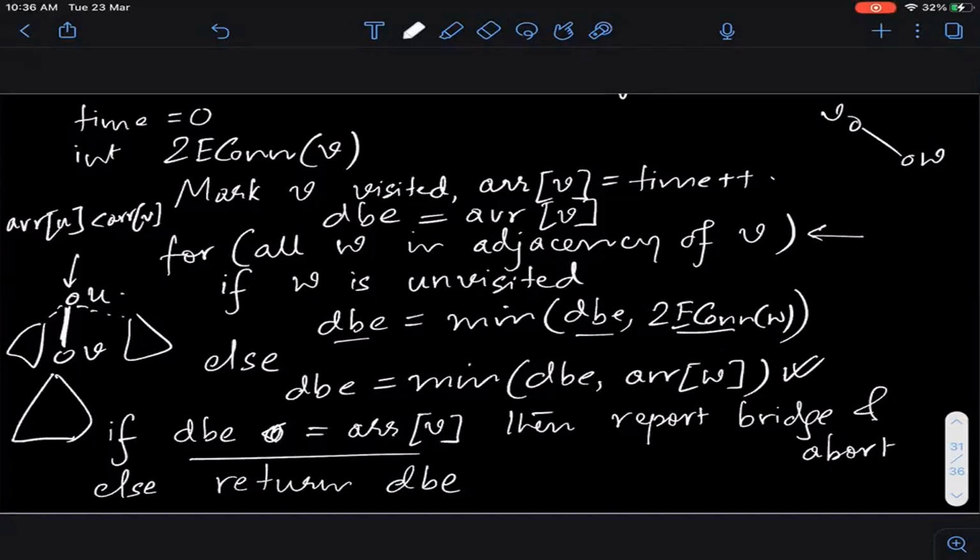So again, you will always falsely get this condition to be correct. DB equal to arrival of V, right? So you also need to keep a check that whenever you are checking this condition, it's not the root and something like that. Okay, so ये दो minor mistakes है इसमें, so you should keep that in mind. Okay, good. I'm happy that somebody thought this through. ठीक है, clear होगा सबको? Everyone okay with whatever we discussed?